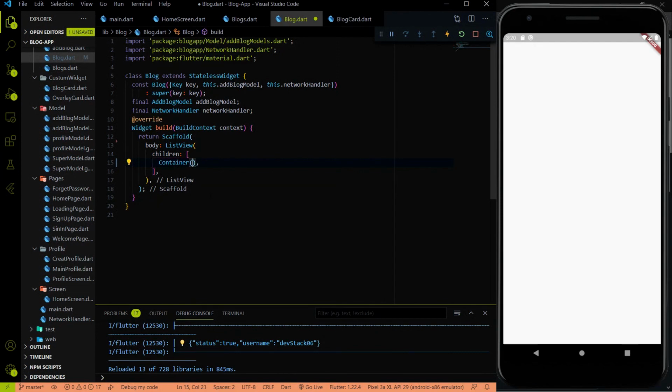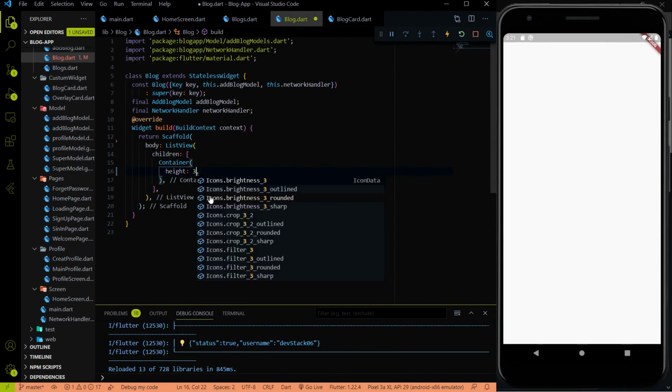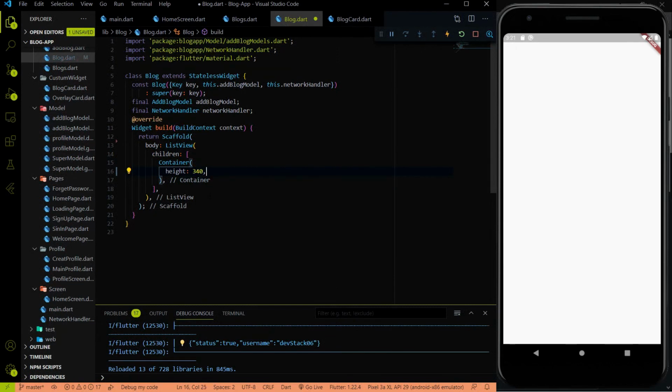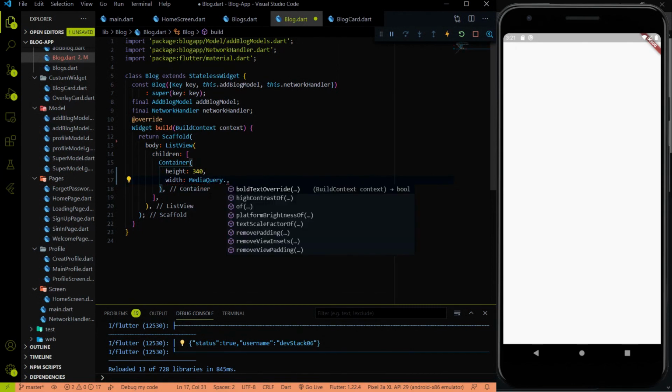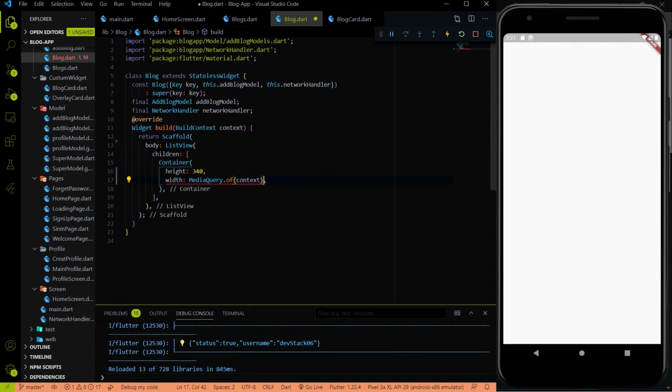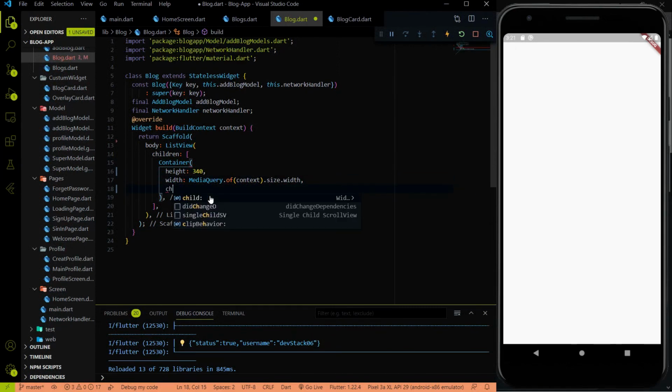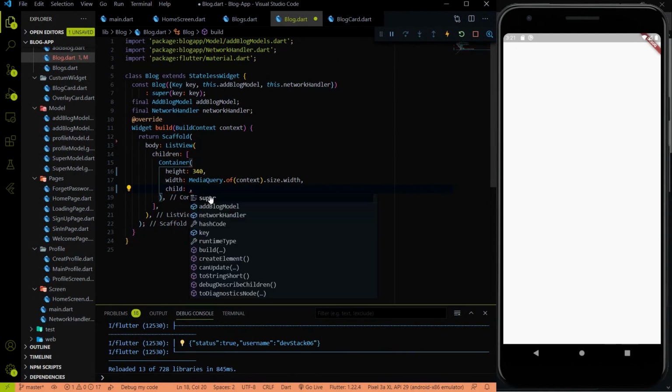Just give me some time, then I will show you how it will look. Let me provide a height of 340, and the width of the container will be the screen width of any mobile device. We get that with the help of MediaQuery.of(context).size.width. Now inside the child, I'm going to use a Card,